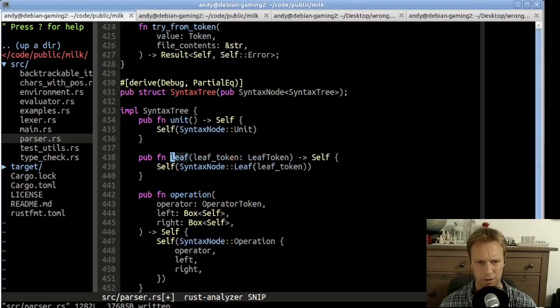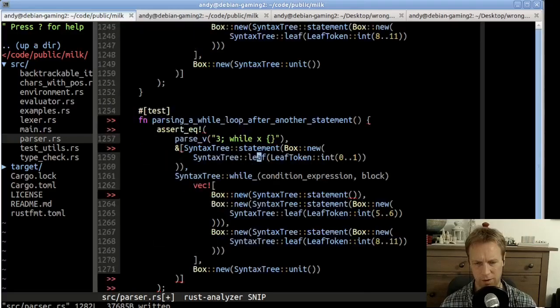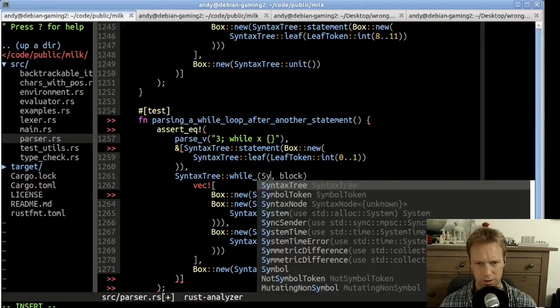What else is there other than leaf? Not unit. Not any of these other things. It must be a leaf. Okay. I mean, it will be fairly clear, although the error messages are not great the way we've designed it. But it'll be fairly clear if we did this wrong. So that was a statement. Then we have a while, and the condition expression should just be a